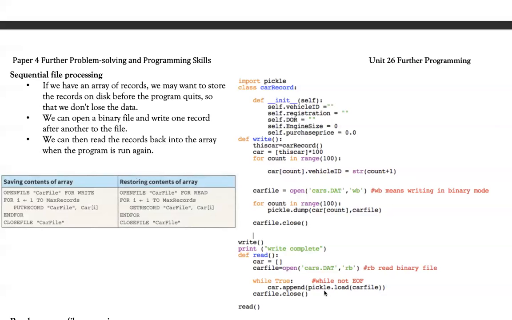And this time around, instead of reading or storing data in the car file, I will retrieve data from the car file. And as you can see here, I'm using a conditional loop. The reason I'm using a conditional loop is because I don't exactly know how many records there are. There could be 102 records. I don't know. In this loop, I had a very clear idea because I knew the size of the array. But let's assume that I don't know how many records there are. There could be more than 100. There could be less than 100.